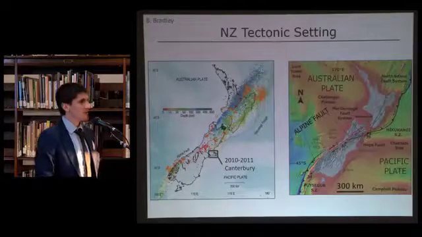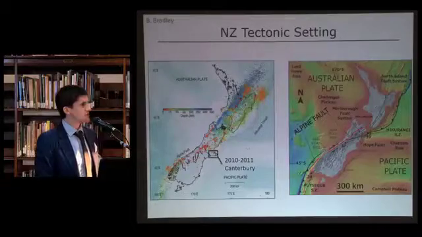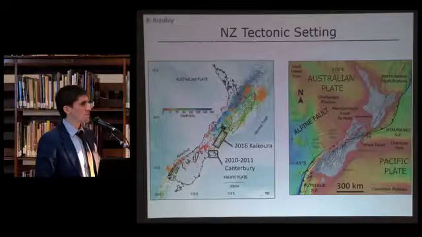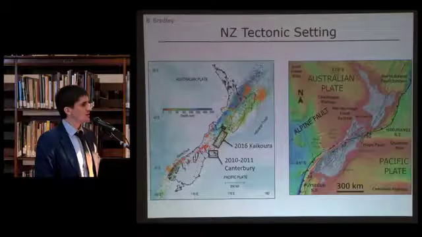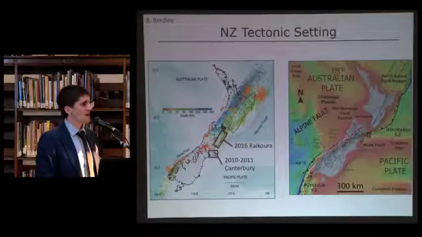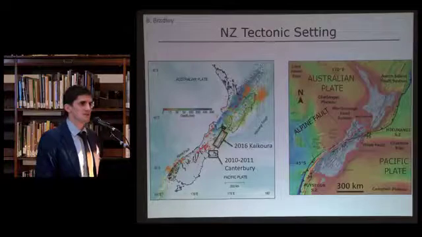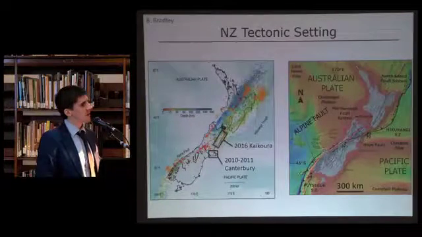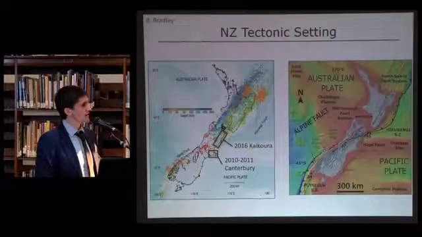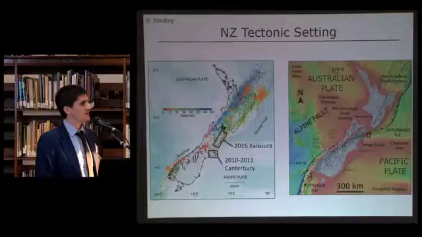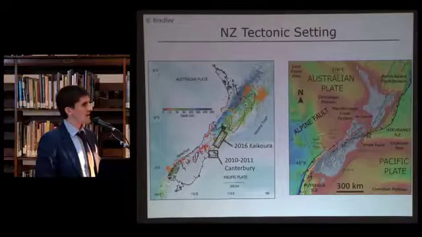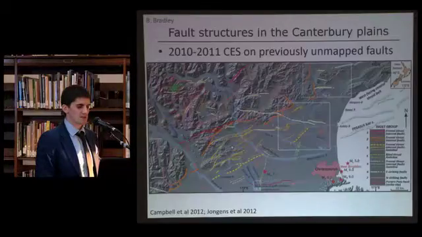For context, the Canterbury earthquakes lie here on the east coast of the South Island, about halfway in the latitude direction, and the proximal region of the 2016 Kaikoura earthquakes was in the upper half of that South Island along the eastern seaboard. The main thing to point out at this stage, which I'll try and touch on a little bit more, is the location of the Canterbury earthquakes was really in an area of moderate to low seismicity by New Zealand standards, not too dissimilar to the east coast of the US, whereas the Kaikoura earthquake was in one of our highest seismicity areas of New Zealand.